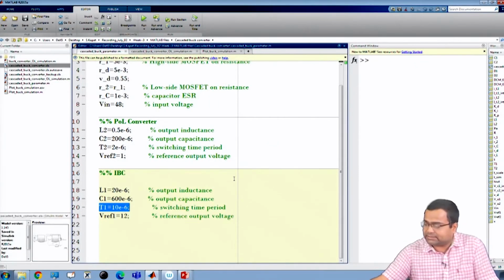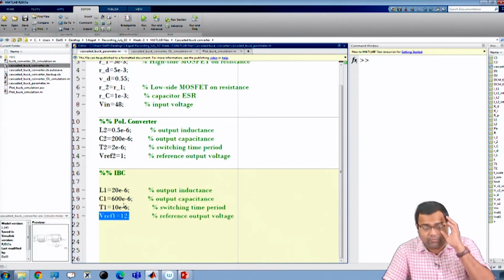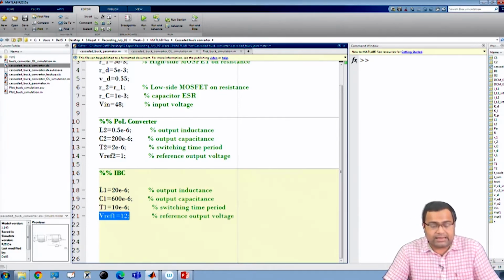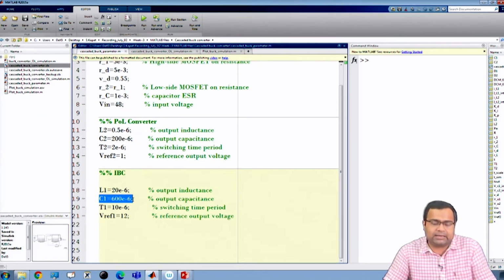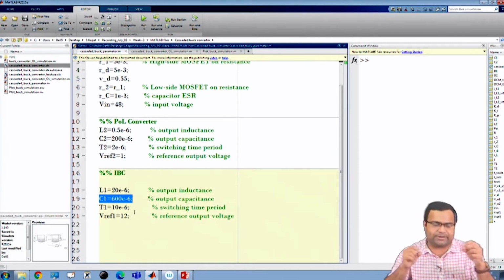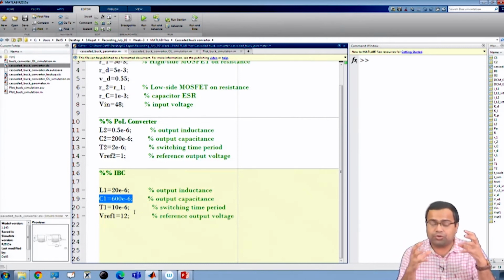As I discussed, for the first stage converter the time period is 10 microseconds, and the reference voltage for its output is set to 12 volt, because we want to achieve 12 volt as the intermediate bus voltage. The inductor is 20 microhenry, and the intermediate bus capacitor is set to 600 microfarad. This value depends on the ripple characteristics, but we can change it to some higher and lower values. I want to show that this value of the intermediate bus capacitor has a strong influence on the stability of